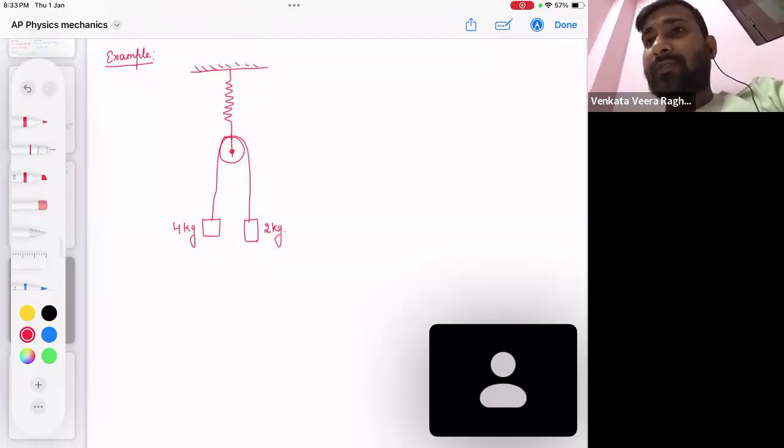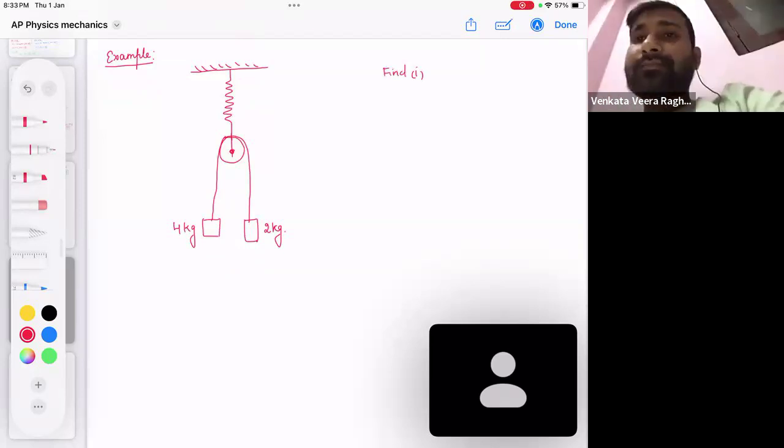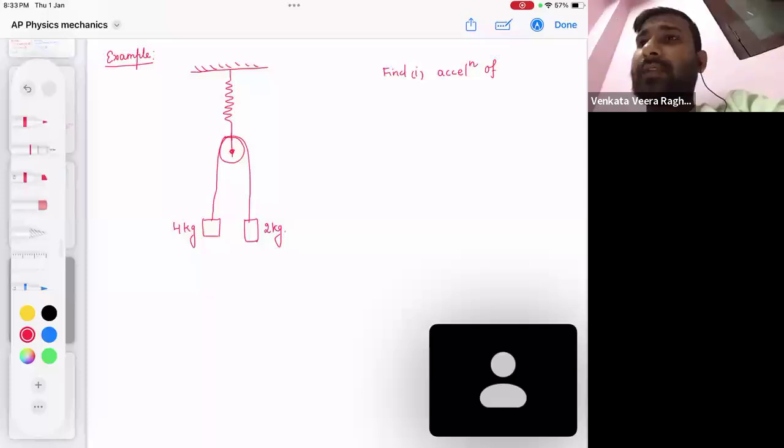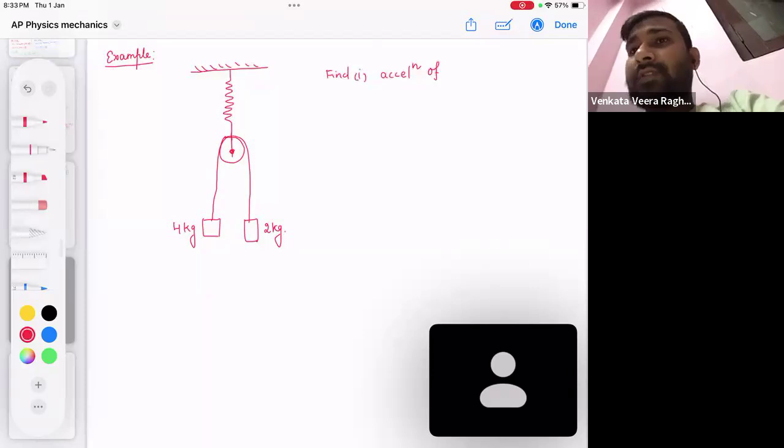Here we have to find out three things. First one, the acceleration of both the blocks. Okay, first thing we have to find out is the acceleration of blocks. Blocks means both blocks. Second thing, the tension in the string connecting. Okay, tension in the string. And the third one,